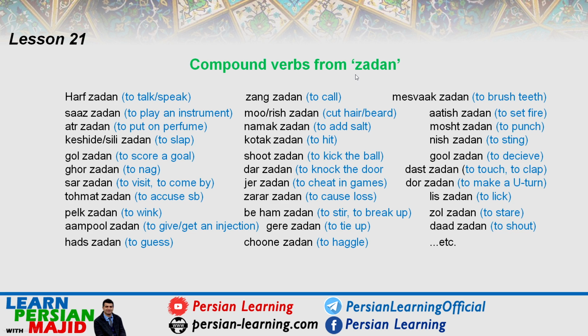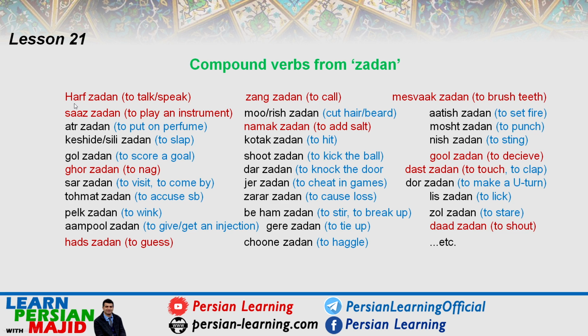When we learn how to conjugate this verb, how to make it imperative, how to make it negative questions, then you already know a lot of verbs, because here the first word is fixed. We never change it. We're gonna deal with only zadan. But from all these verbs, I've chosen 10 ones to give you examples and to work on in this video,